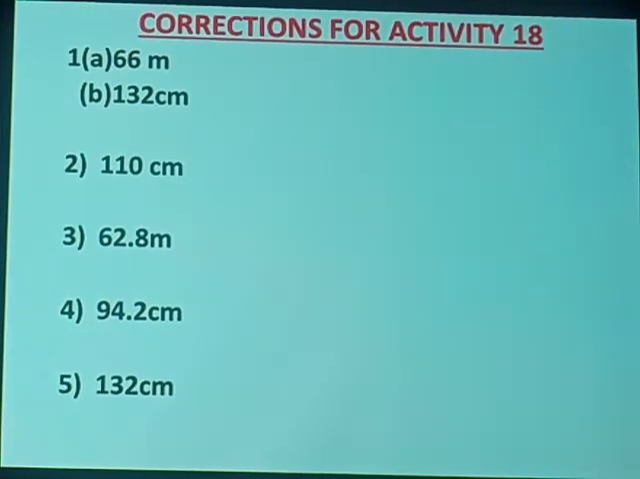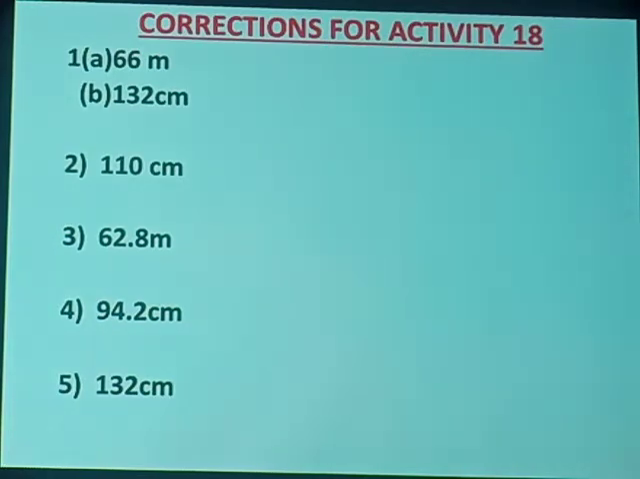Number 2 of the activity, the circumference is 110 centimeters as you look through your work. Number 3, the circumference is 62.8 meters. Number 4, looking through the steps that you wrote down, your circumference has to be 94.2 centimeters. Number 5, which is the last question as per that activity, the circumference is